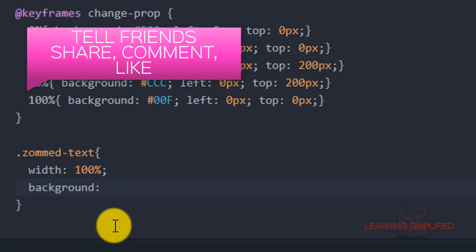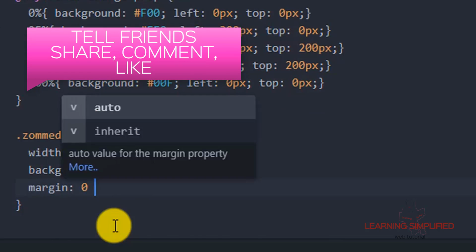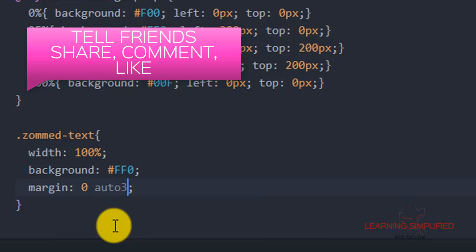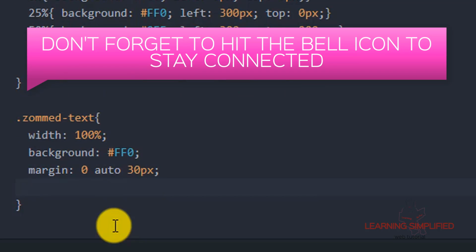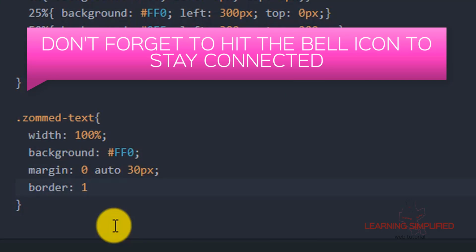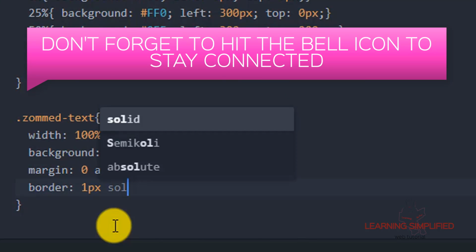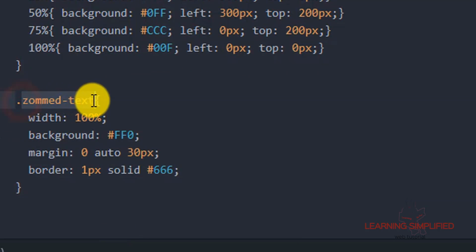Then you are providing a background of, say, yellow. Definitely there will be a margin of 0 auto. You may put another 30 pixels of margin from the bottom, and you will have to put a border of 1 pixel solid.